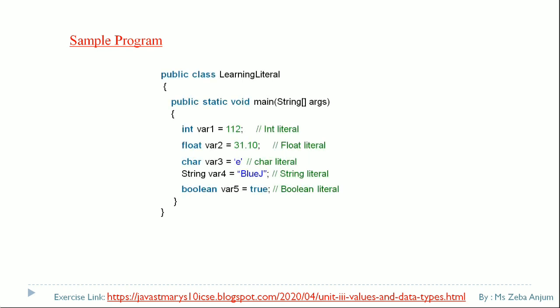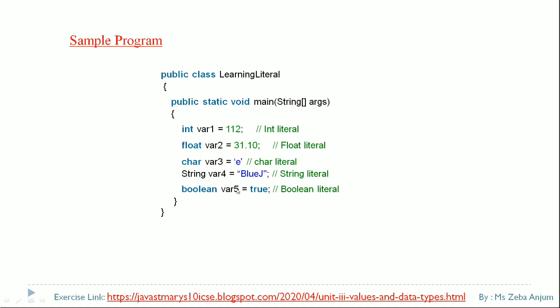Now moving towards a sample program, let us see we have a program over here. Now we have learned about literals, we have also learned about identifiers. Now over here we have to identify what are the literals and what are the identifiers. See, in this line, int var1 equals 112. 112 is an integer, int is a data type, and var1 is actually your variable. So over here 112 is an integer literal, var1 is an identifier, and in the second line 31.10 is a float literal, it means it is a constant value, and where 2 is actually your identifier, and so on in